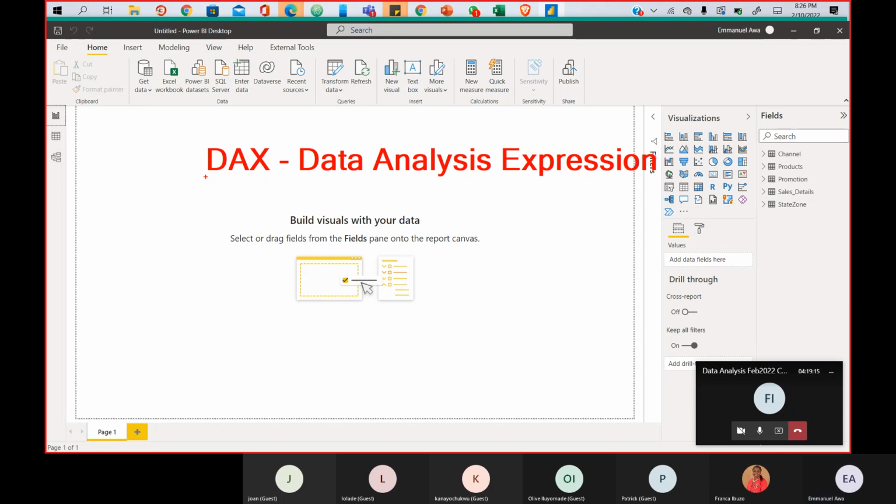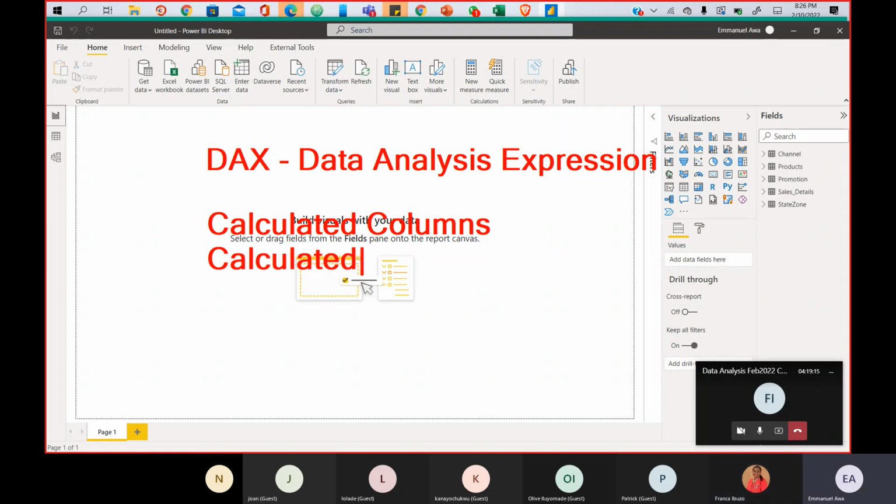All right. So in the same way, when we are using DAX, we can use DAX basically for two things, right? For your calculated columns, all right? You can use it for calculated columns and calculated measures. All right. So when we talk about columns,